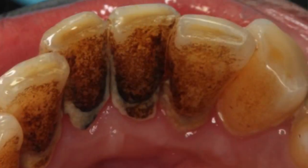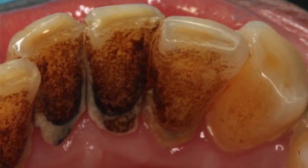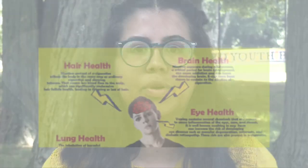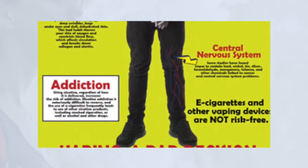Smoking in general causes damage to your teeth because you are using it via your mouth. All those chemicals and the smoke, especially with e-cigarettes, are going to cause damage to your teeth. I had a lot of cavities because of it. And I thought it was just, oh, I eat a lot of sweets. No, it was because of smoking. There's just a lot more cons than pros to it. The pro is having a 5-minute high versus the cons: teeth, your lungs,